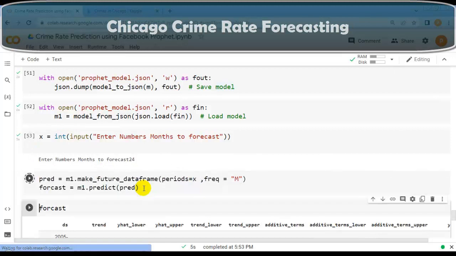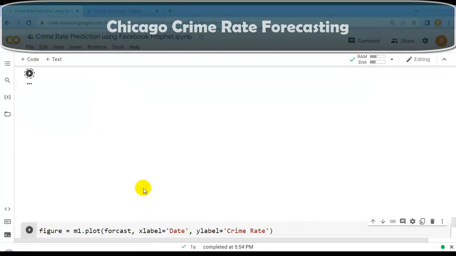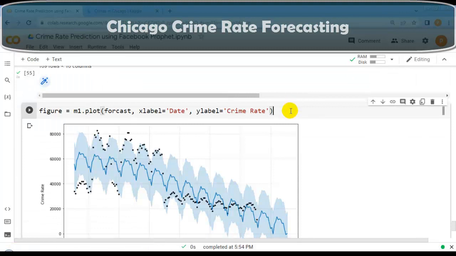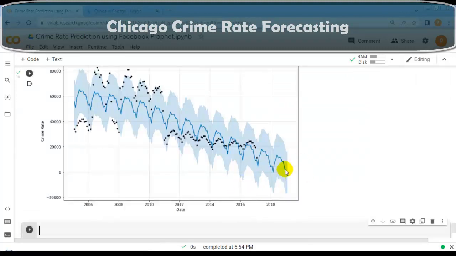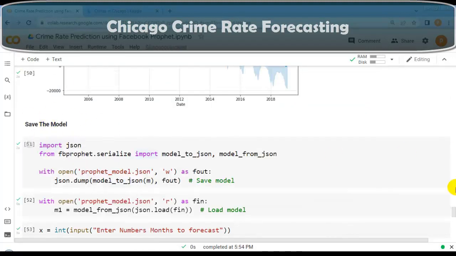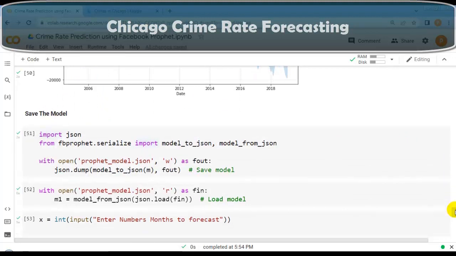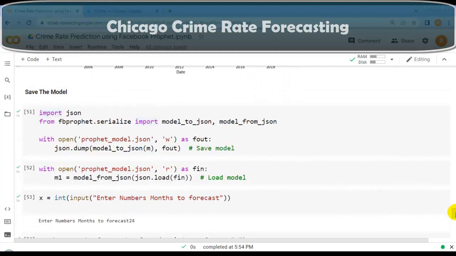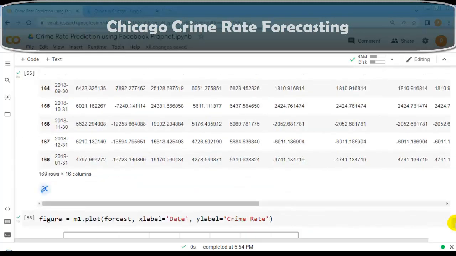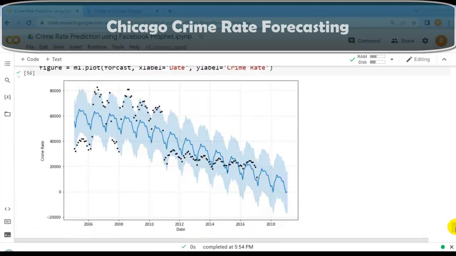Let me execute this cell. Let me execute this cell as well, and this cell as well. As you can see over here, forecast. So this way we can save our model. Again and again training is not required, and we can perform prediction using our saved model. So this way we can use Facebook Prophet for forecasting.